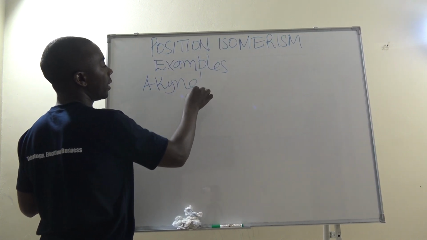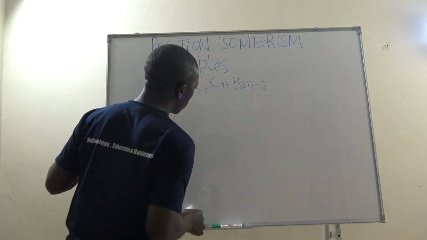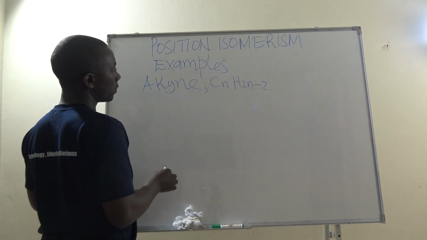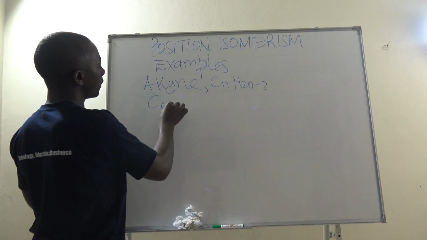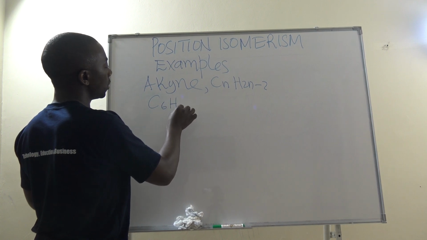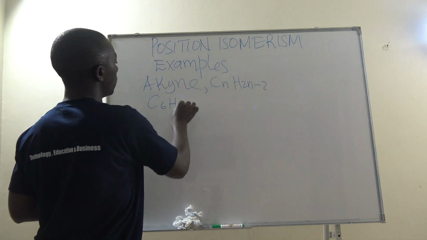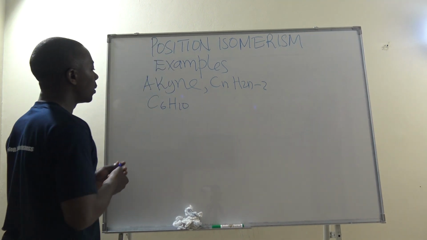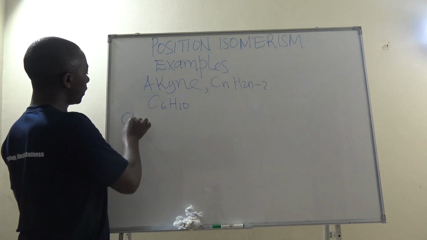Remember I said alkynes have a general formula CnH2n-2, so C6H10. Now, looking at the first isomer, which could be CH3, CH2, CH2,